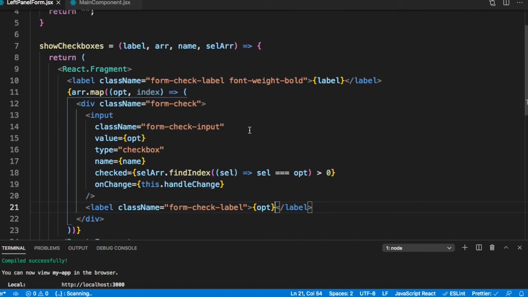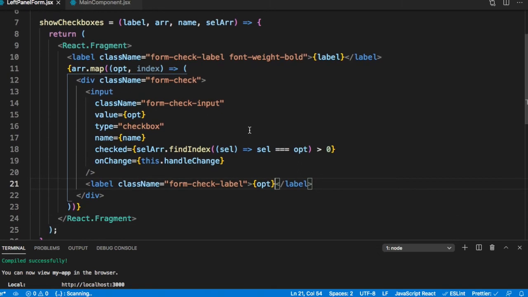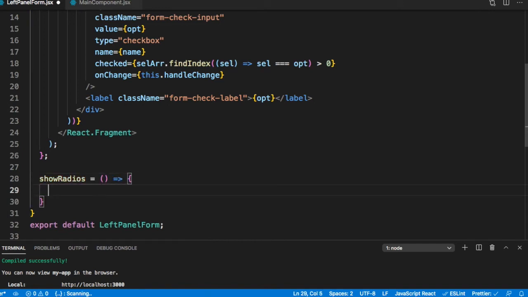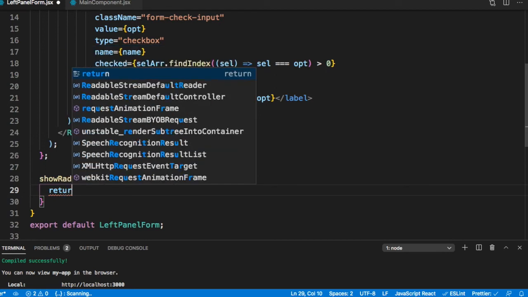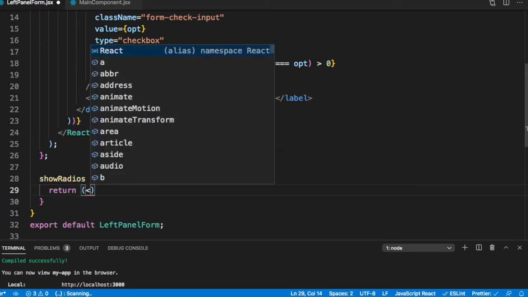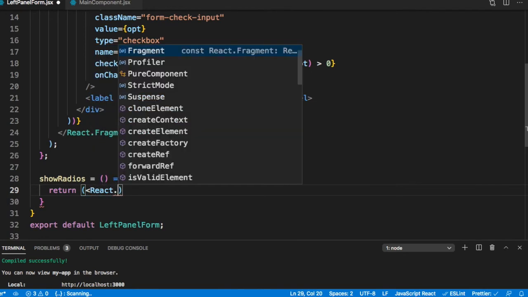Similarly, we should do the same process for radios. So let's go ahead and do that. Show radios is equal to return, and let me put it within a react dot fragment.